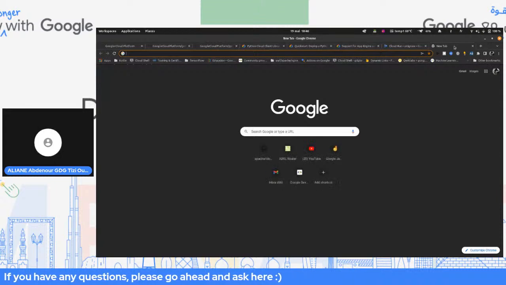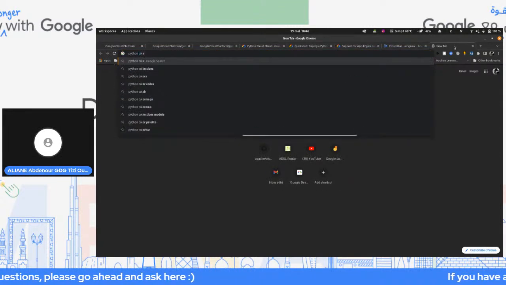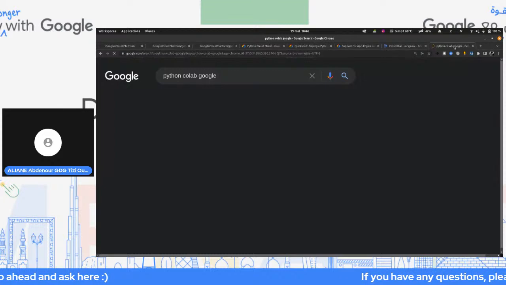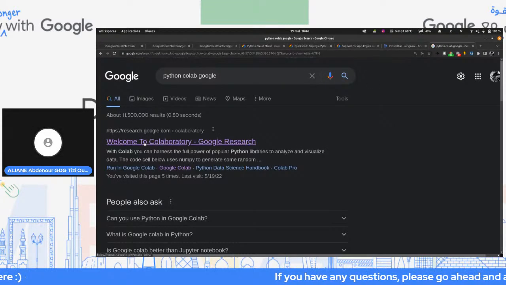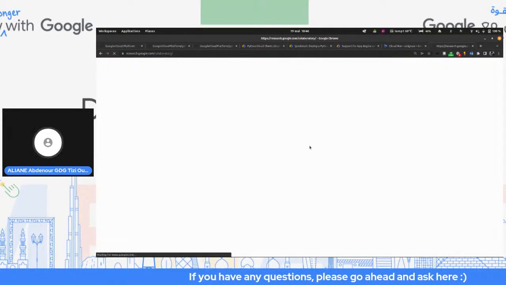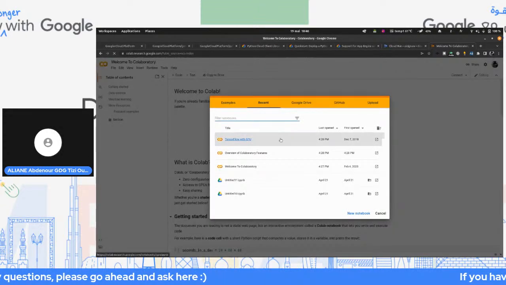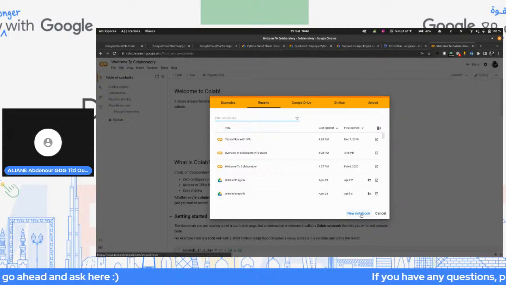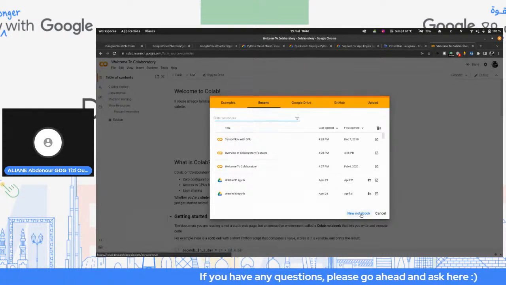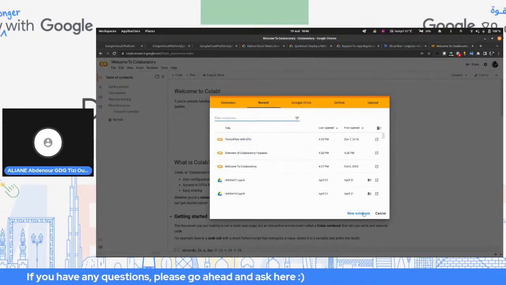So you just type Python Colab Google, and then it will bring you to this. And Colab is the way to execute Python for free on Google, because it will create containers. So it's indirectly in Google Cloud. In reality, it's in Google Cloud. So if I do new notebook,